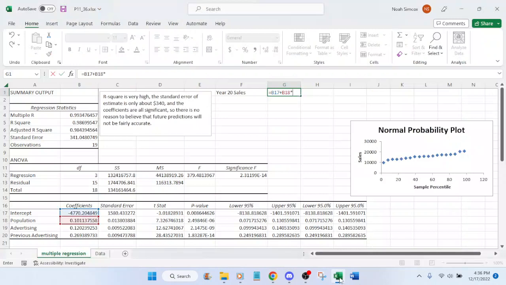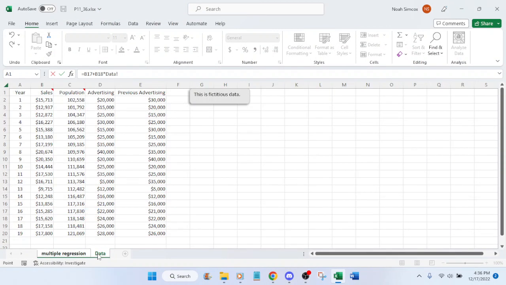The population is the same as last year, so it's going to be this plus